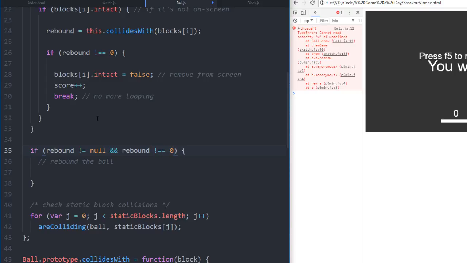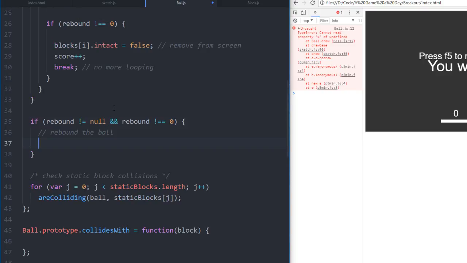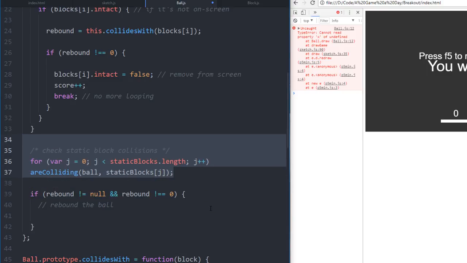Okay, so that's that. If it doesn't equal 0, then we can change the rebound on it. If we break, that's good. I kind of need this to go up here. Rebound equals, we don't,